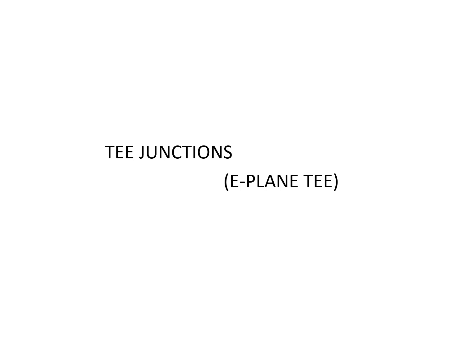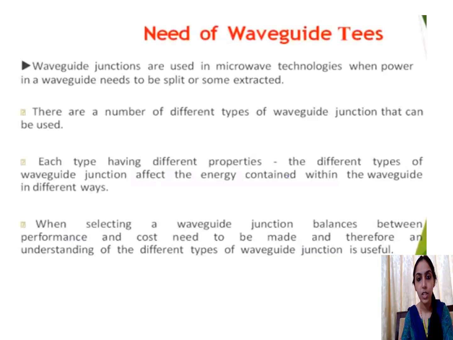We have seen what you mean by scattering coefficients, and the S matrix is the one which is required to characterize our microwave circuits. So in this lecture we are going to see in detail about the concept of a microwave T-junction. In detail we are going to learn about an E-plane T, its concept, and the formulation of the S matrix for an E-plane T. So we are learning about the different types of microwave hybrid circuits.